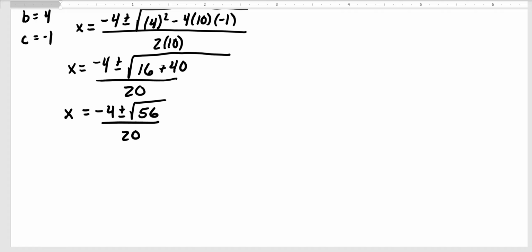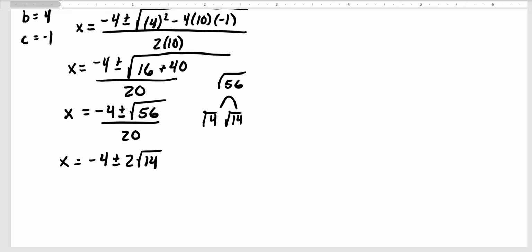Now 56, again, definitely divisible by 4. That'd be what, 4 times, is that 4 times 14? I believe it is, 4 and 14, yeah. So let me show how I did that in my head here. So 4, and then I knew 10. 4 times 10 gives me 40, and 4 times 4 is 16. 40 plus 16 is indeed 56. So that means we can have the square root of 2,